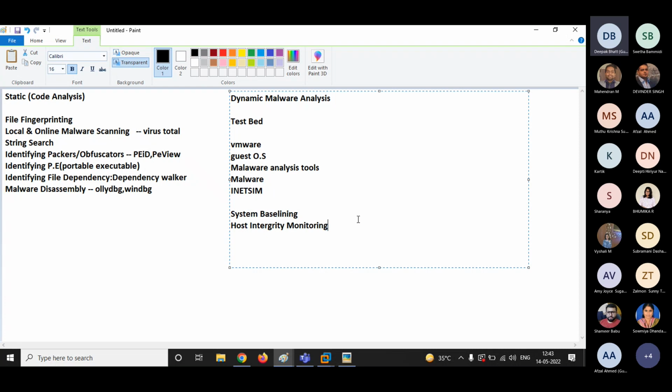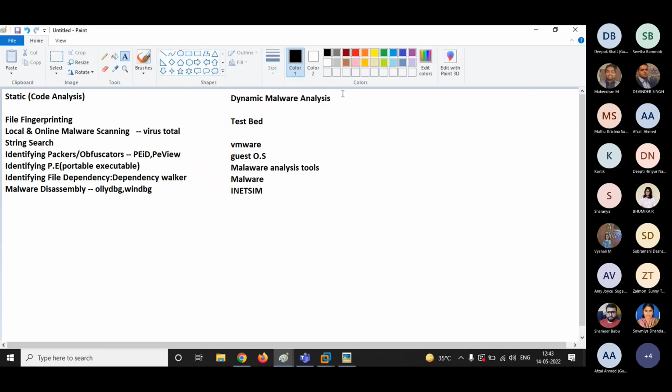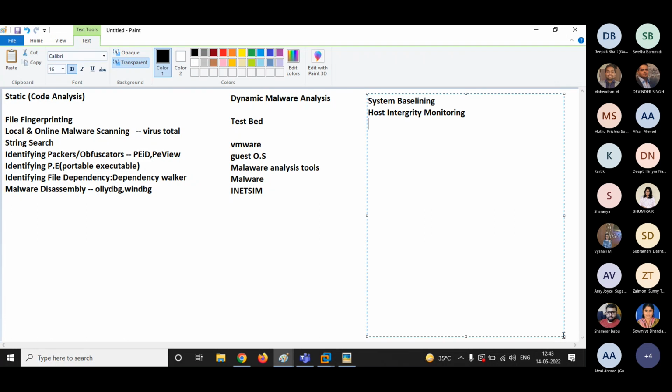So in host integrity monitoring, we have the following steps. I'm going to explain these to you. I'm writing the steps over here.